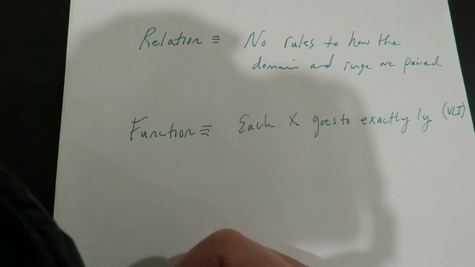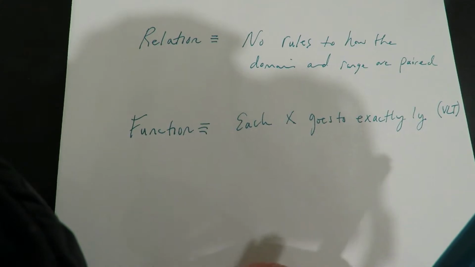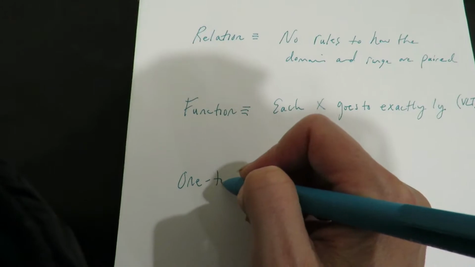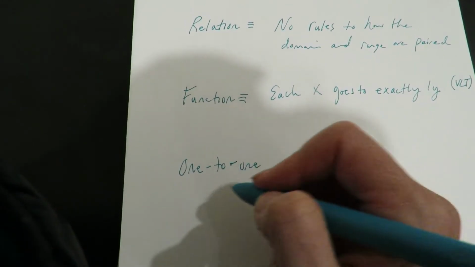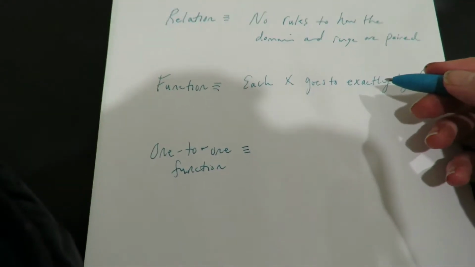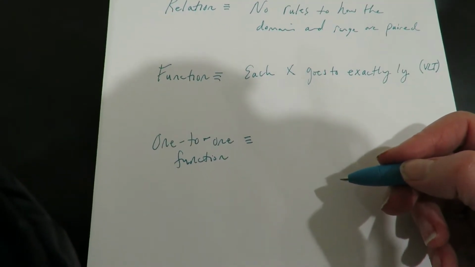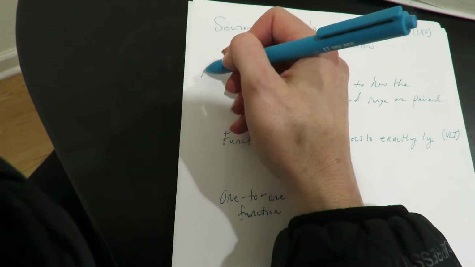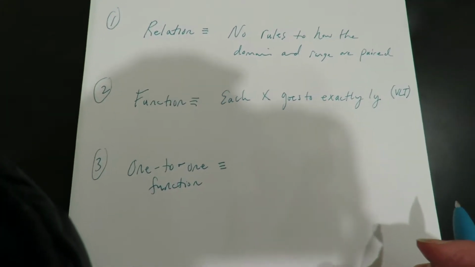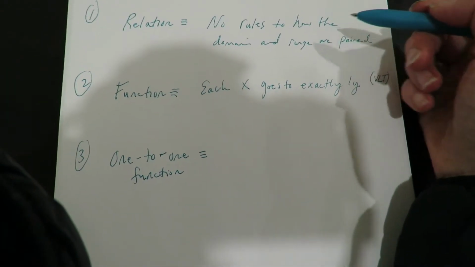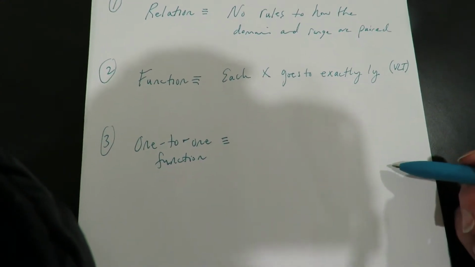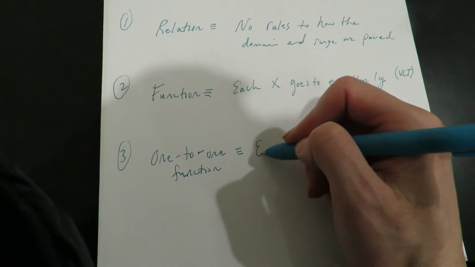And do you remember what the level above that, the more in sophistication, would then be? A one-to-one function. And so that has to have the rule of the previous layer plus an additional rule, right? So this is like level 1, this is like level 2, this is like level 3. We're going up in sophistication. So the first level has no rules, the next level has 1 rule, the third level is going to have 2 rules. So it has the previous rule,